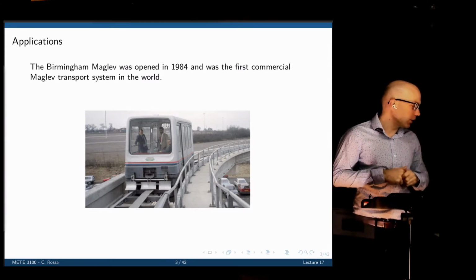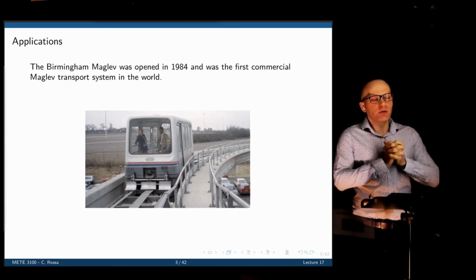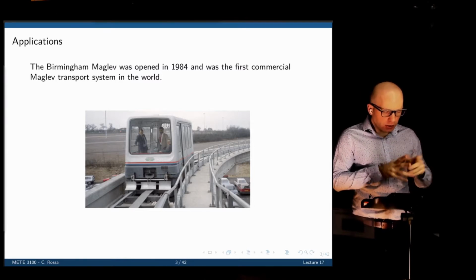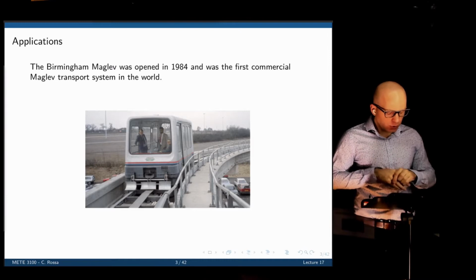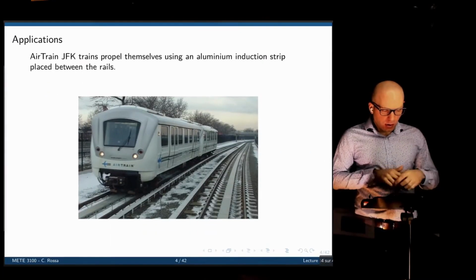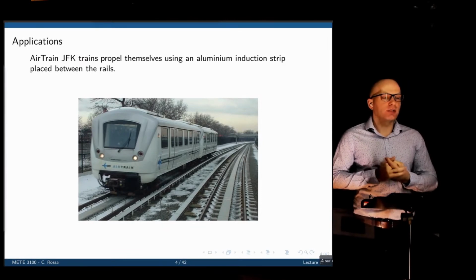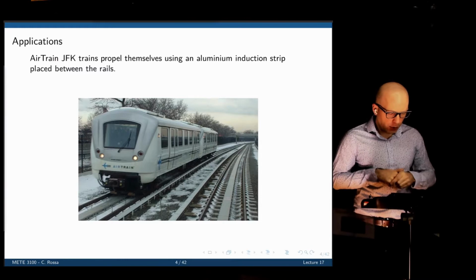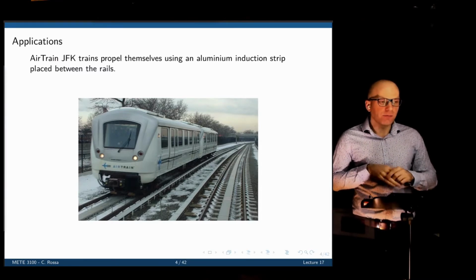The reason, I don't know, but it was the first implementation of a maglev train. There are some in operation today. I believe there's one in China, but this one is the first one. Here's another example of an induction system that we see in trains. This is a train that still operates, and it uses